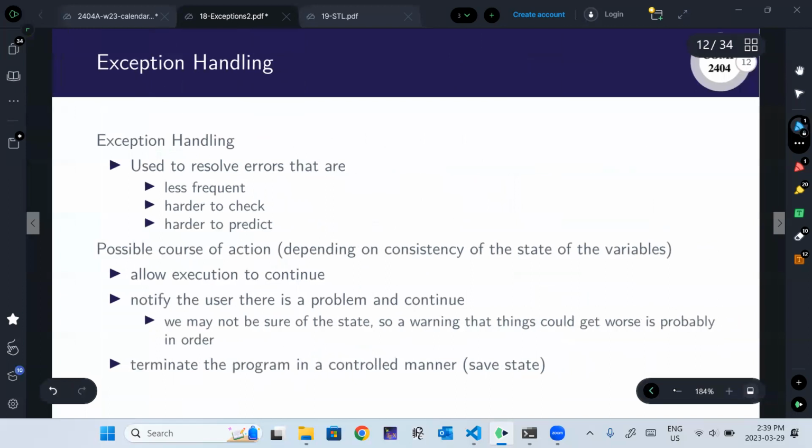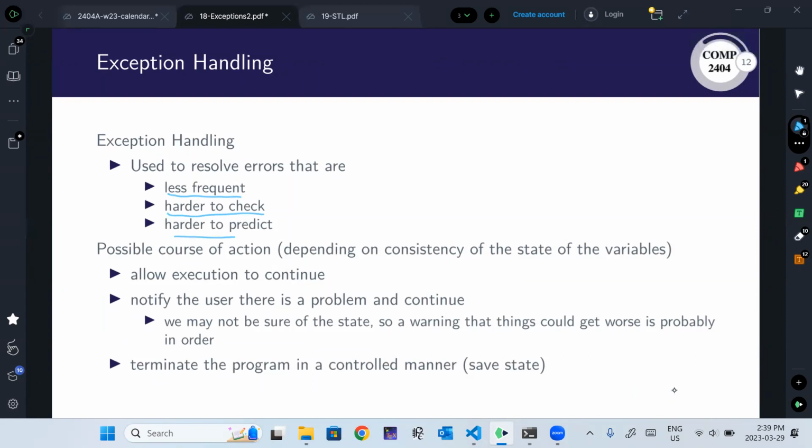That's fine. Exception handling is for things that are more rare, writing to disk and all of a sudden I lose the disk, the drive breaks, or I lose contact with the network. So these are less frequent, harder to predict, harder to check. And then what happens is also the big deal with C++ and exceptions. I mean, you've used exceptions before, but it's really that memory management and closing off of resources.